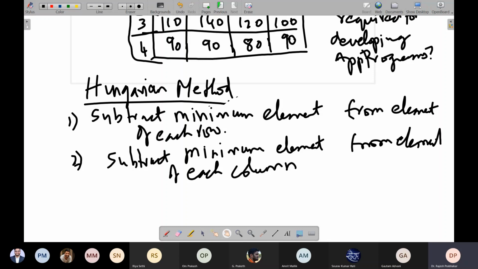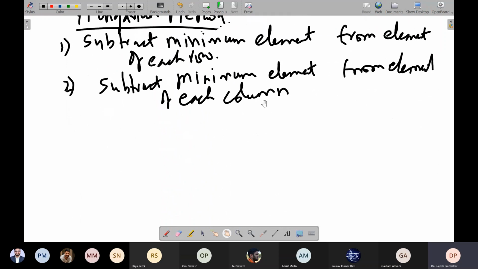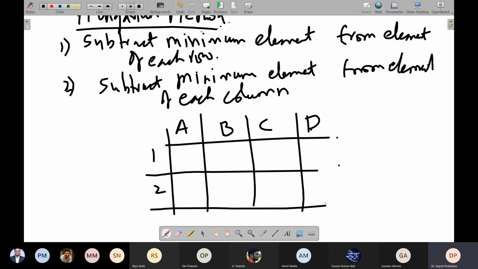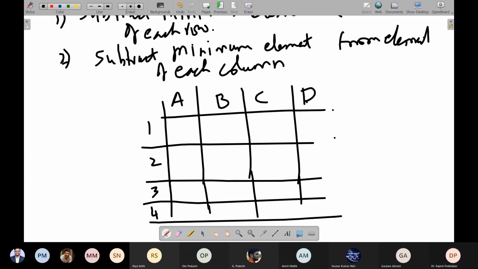Okay, so let us do this first. If you take the first row, let us say A, B, C, D, and 1, 2, 3, 4. What is the minimum of the first row?